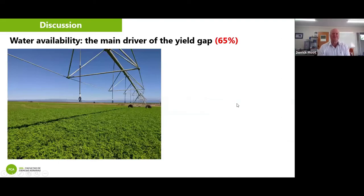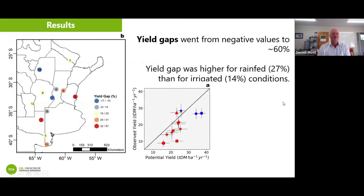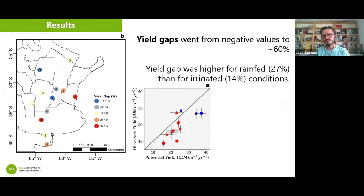Just before you go, you used rainfall because you couldn't do soil water budgets, or you assumed the soils were quite consistent across the region? I know Rogerio has been setting up soils for us to look at what might happen from a soil water budget perspective. Yeah, well, we did use the data from the soils of each location, but the model, Herman's model,